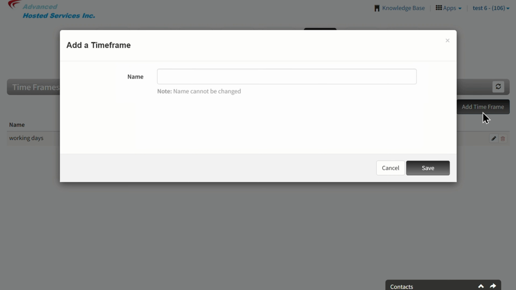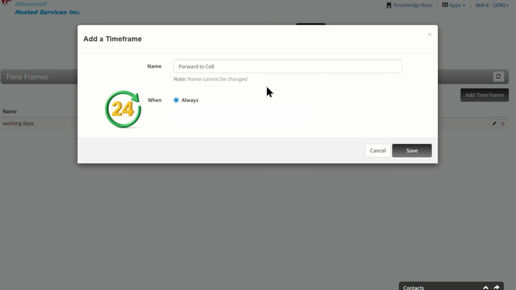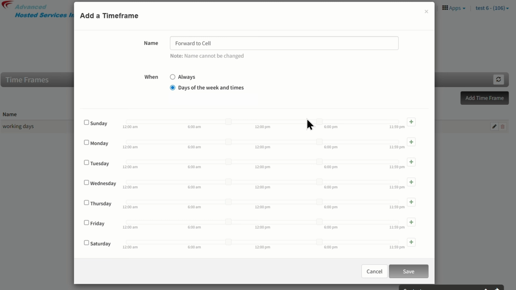Give it a simple, easy-to-recognize name, something like Forward to Sell. Next, pick the times you'd like this forwarding to be active. You'll see 3 options. If you want forwarding active all day, every day, Always is the easiest option for this setup. If you want your forwarding active on specific days each week or during specific hours, Days and Hours is